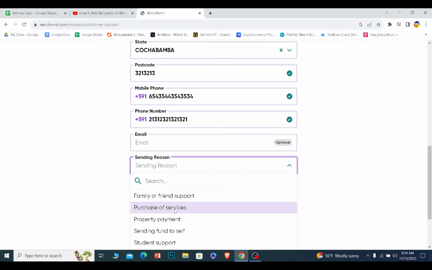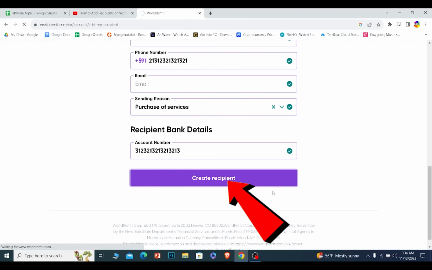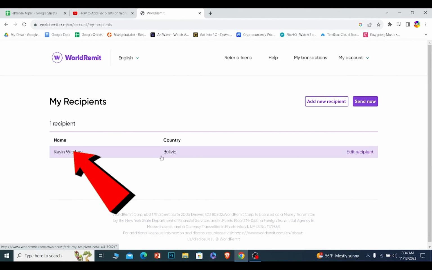So I'm sending the money for purchase of service, and I'm going to enter his account number. If I do that, I can click on Create Recipient, and a recipient with this information will be created over here, just like this. So that is how you guys can add